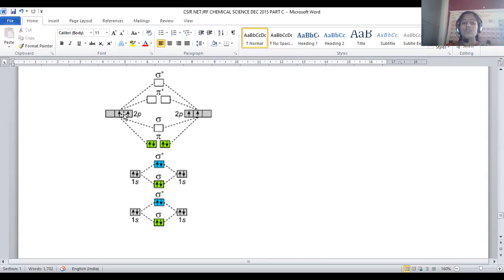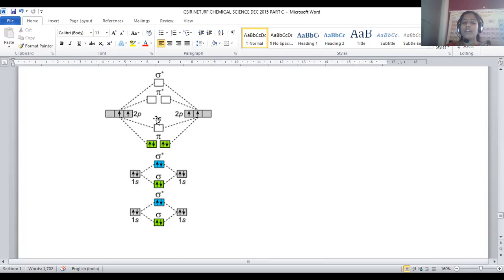Later 2p electrons, here we have 2p electrons. Total 4 electrons will be distributed, pi orbitals first. There is a certain change for below half-filled p orbitals and above half-filled. That means up to nitrogen the orbital distribution will be in this manner. Here pi 2px and pi 2py orbitals are lying down. So above half-filled, that means if we are taking 2p4 for the oxygen atom, this kind of distribution will be inverted.